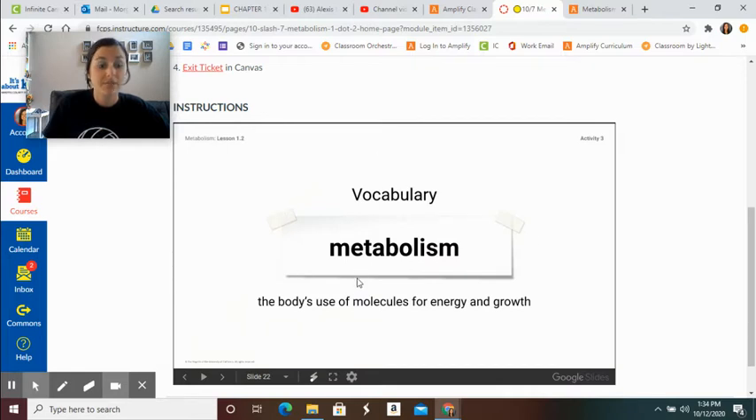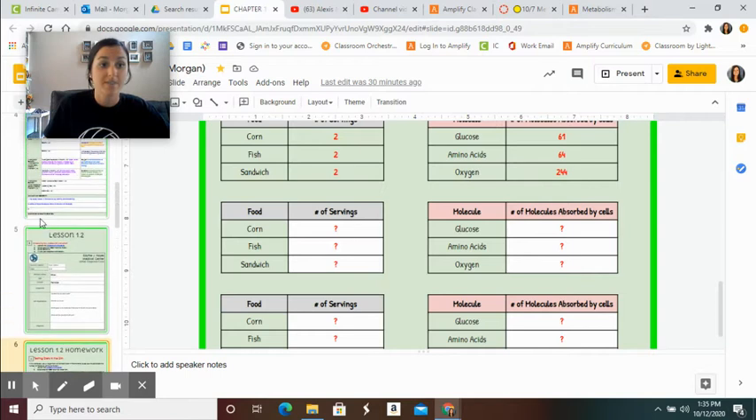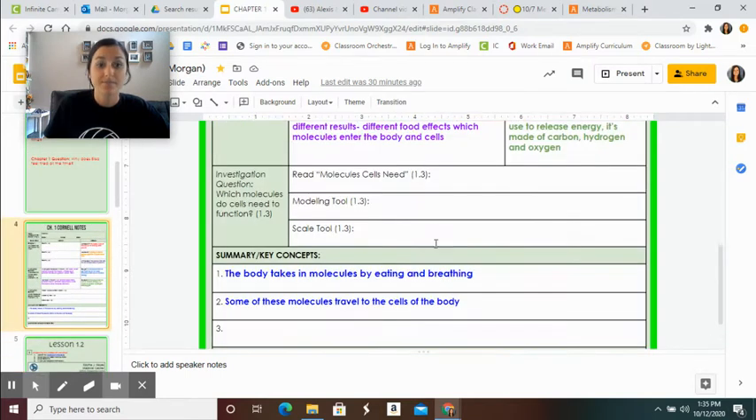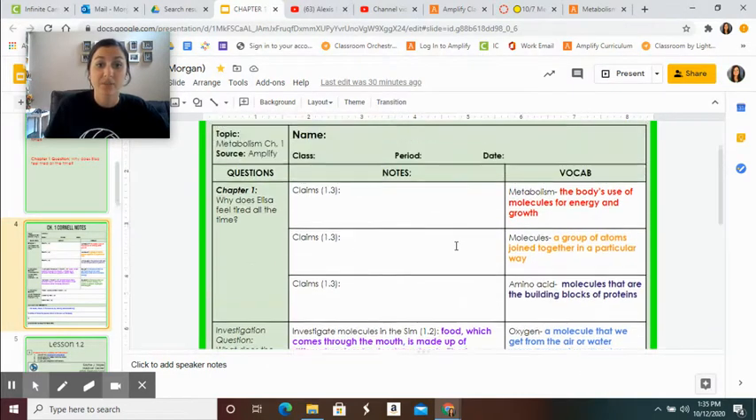The focus of our kind of unit is metabolism. And so this is just the body's use of these molecules for energy and growth. This definition you should have entered in your Cornell notes. And so let me backtrack. Your Cornell notes, and these are a little complicated because I already entered stuff for next lesson, but the Cornell notes for today's lesson 1.2, you needed to add metabolism,